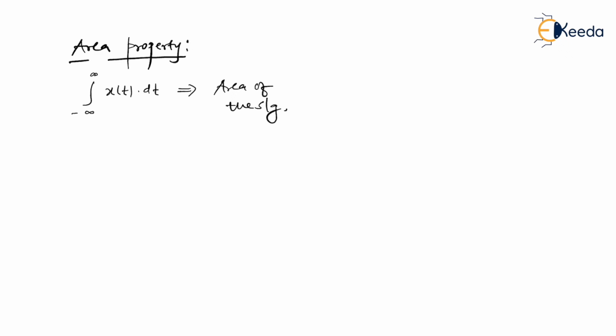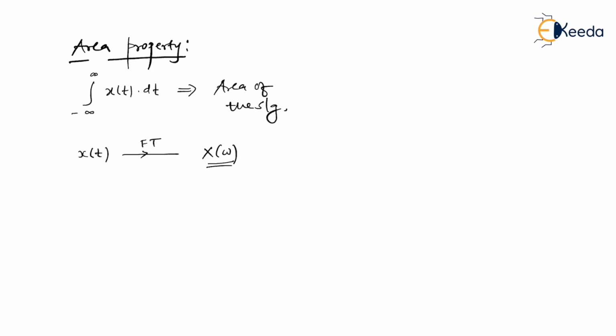So our aim is to get the area of the signal. It means we are going to integrate x(t) from minus infinity to infinity. Now I'll just change the topic of discussion here. Let me say x(t) is a time domain signal for which we have a Fourier transform X(omega). Now my question is, how do we get X(omega)?